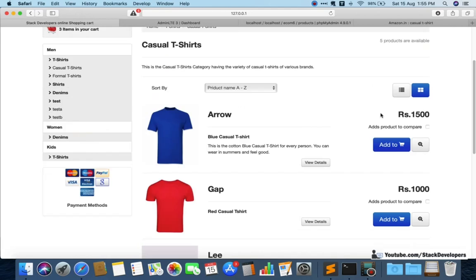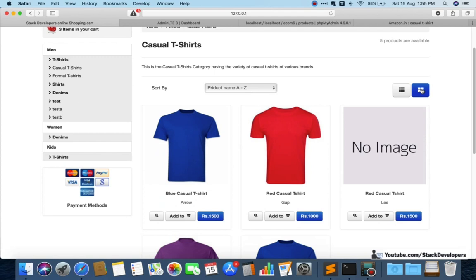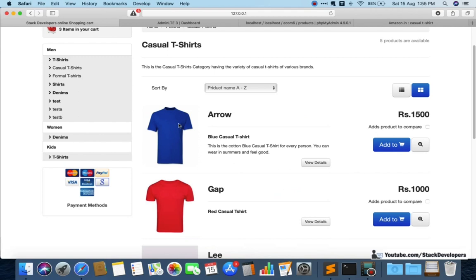Okay, so now it is fine. So both views will work. This one is the view where bigger images come and the text comes as small, and here small images come and the text comes as more text is visible, like the description is also visible.